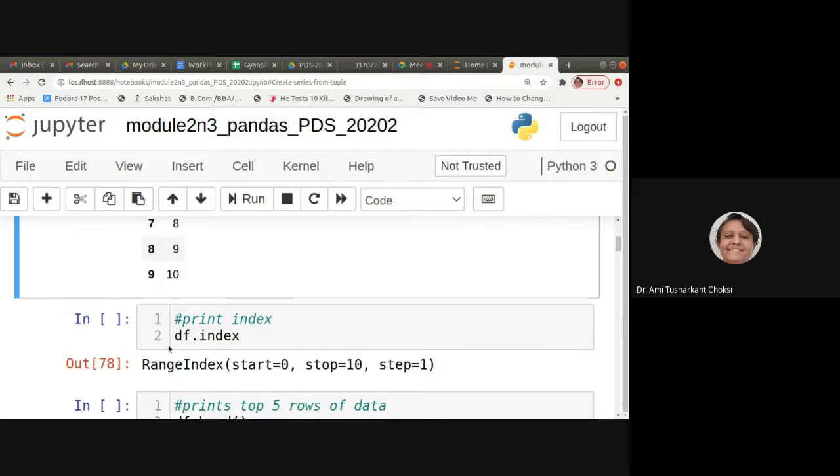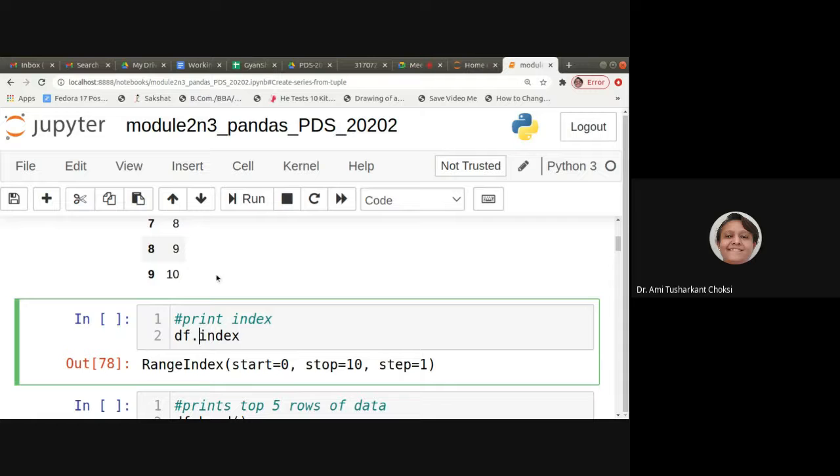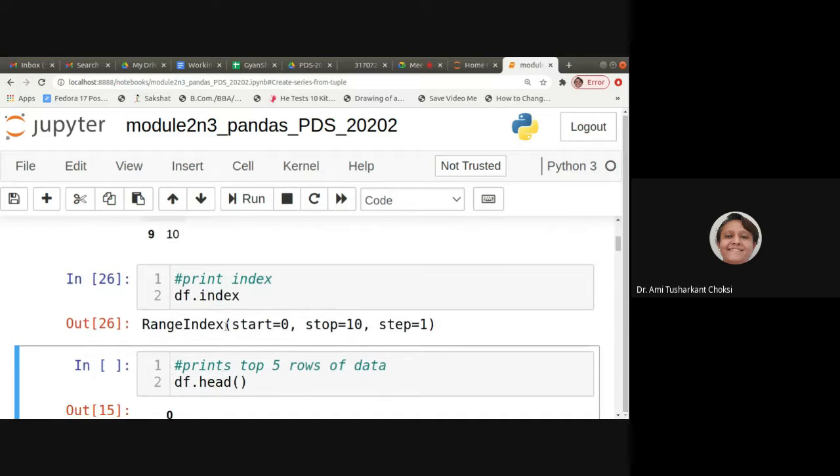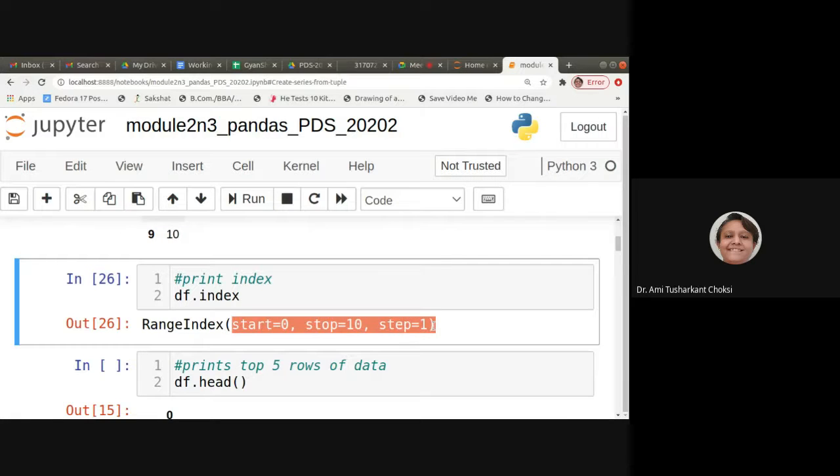Let us see df.index. What will it give us? Starting from 0, stops at 10 and step 1. Stops at 10 means 10 minus 1, isn't it? That is understood to us.